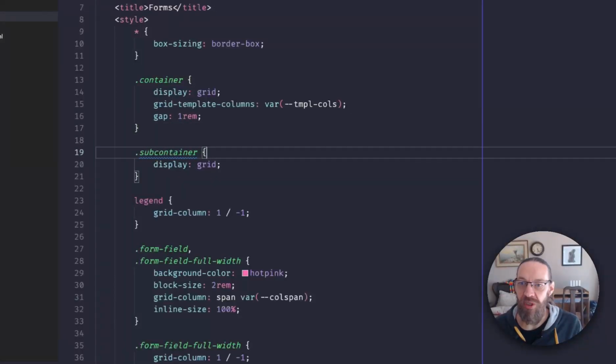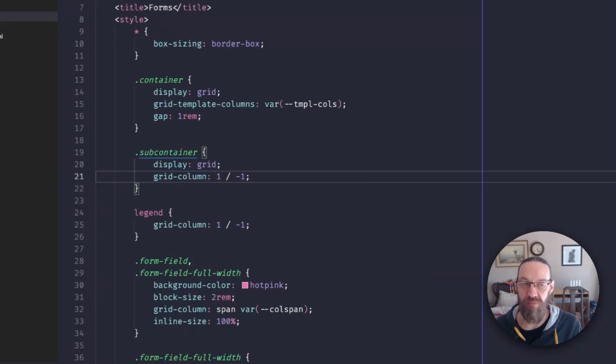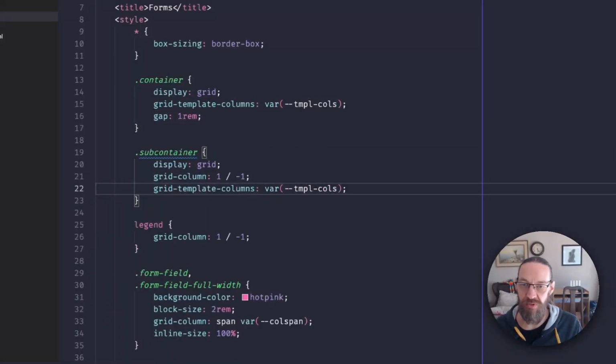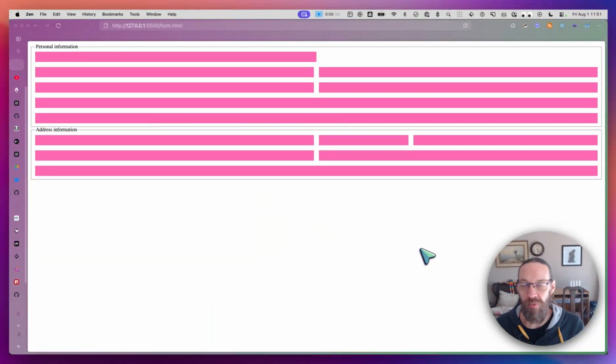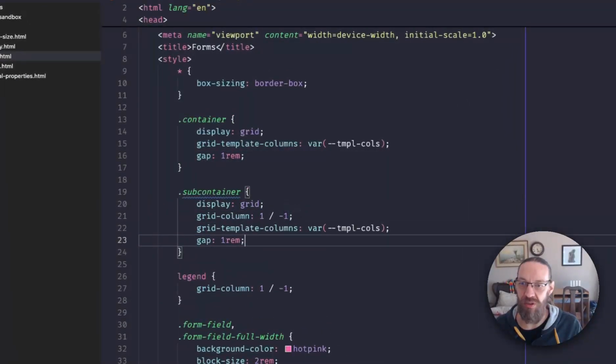But now we need to set grid column to 1 / -1 because we want this one to span the full width. But then we want to set its grid template columns to the same thing because it also now needs to span 12. And then if we go into our browser, we're almost there, but we have a little bit of an overhang here. This is because we haven't set the gap yet, right? So if we copy the gap into here,